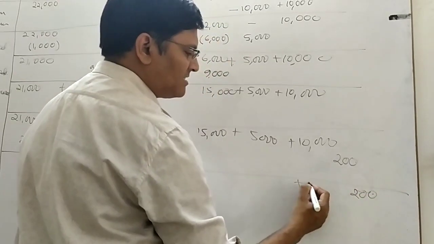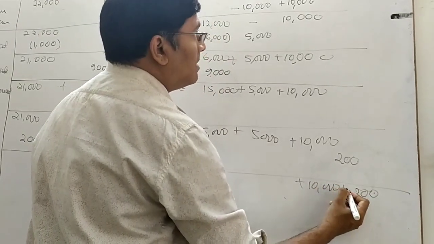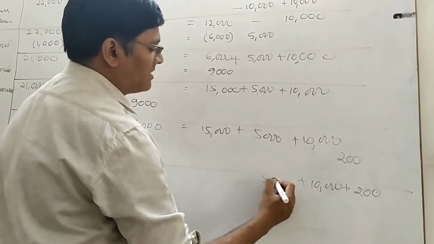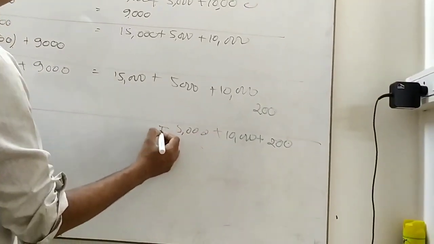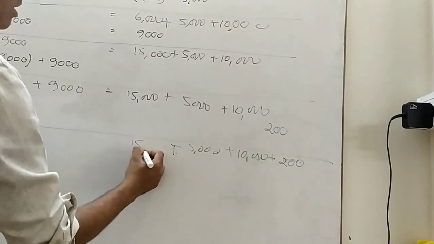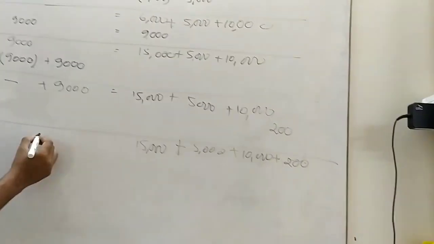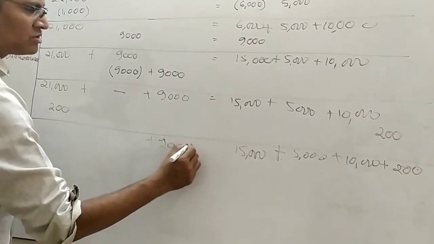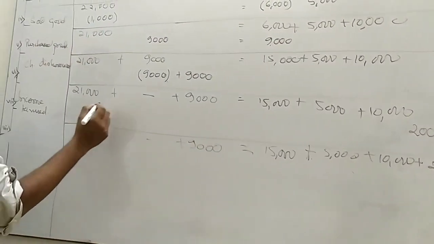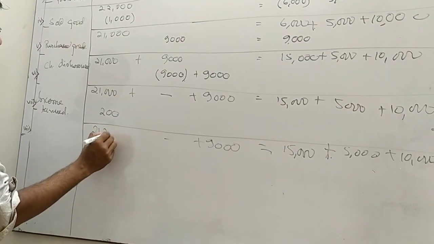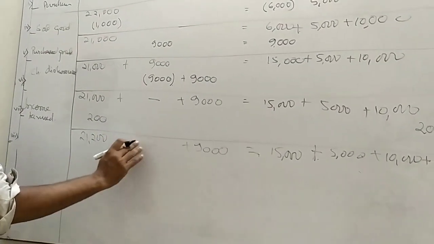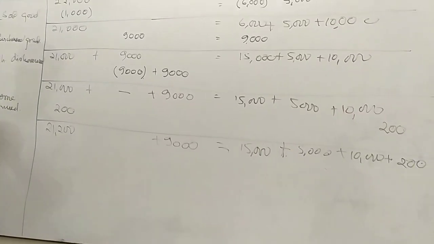So our next accounting equation will also again remain the same. 200 this side increased, and 10,000 furniture was already there. 5,000 cash and stock is 15,000. This side our creditors remain 9,000. This is not there. 21,200 is our capital. So see our accounting equation again, 30,200 remains the same.